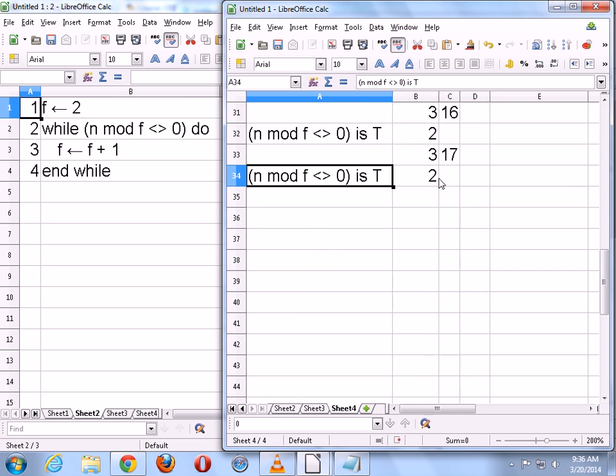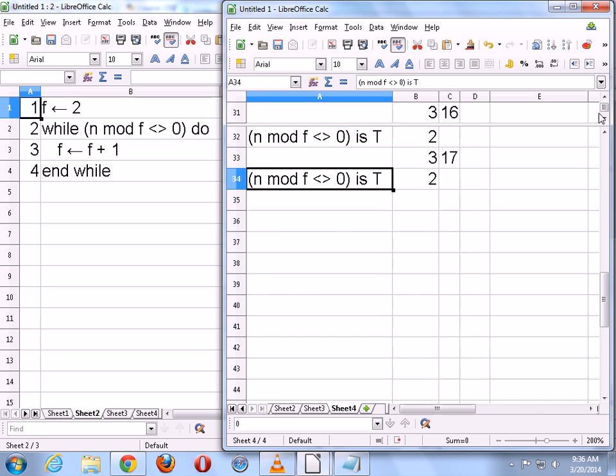F, there we go. So by the time we get to here, let me show you another technique. You can show a different row when you split the screen like this. This way I can still keep track of which column is what, and still be able to scroll at the bottom part here.